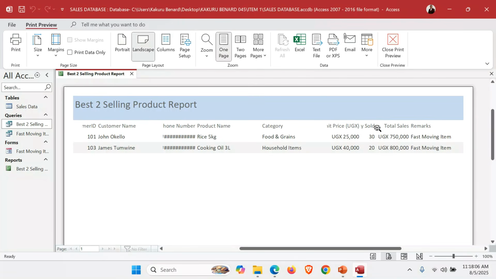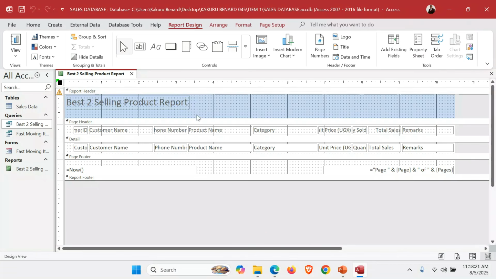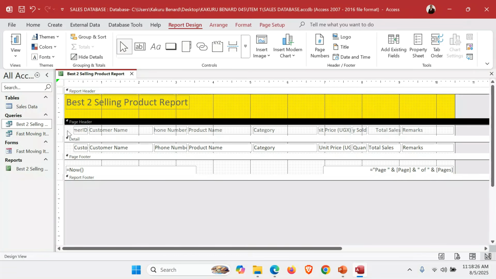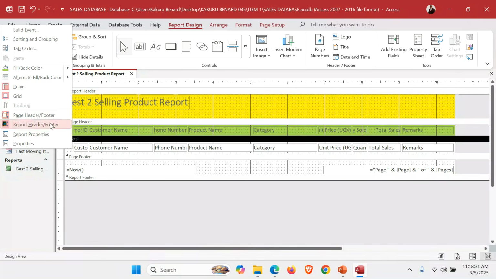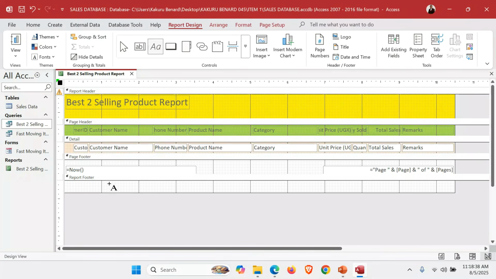As the fields are smaller, make sure you modify it, format it, and edit that form. Cross print preview. So one can think of reducing some fields to ensure that data is fitting. So we can begin by putting at least a background color. I also come here, I right click, I put a color, I right click here, I use the existing colors. Form footer, here I create space, pick a label, and write there your names, KAKURU BENARD